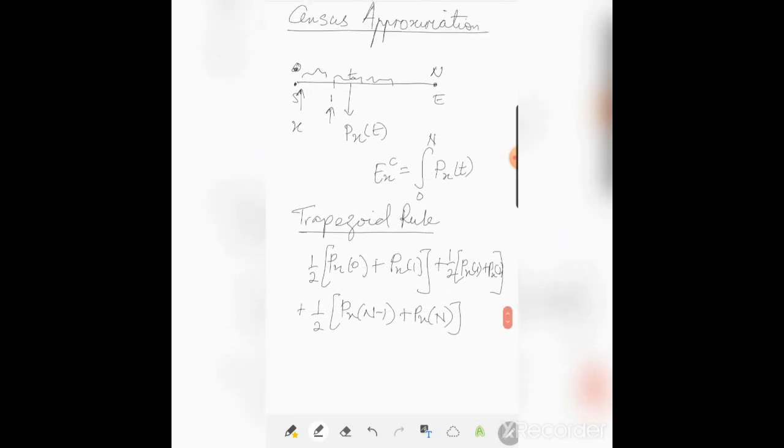Because we need it from point 0 to point n, what is the overall population that is exposed to risk during this entire process. And because we cannot know the equation, or the function, that is associated with the population, we are using the numerical method, which is the trapezoidal rule, to estimate the central exposed to risk,